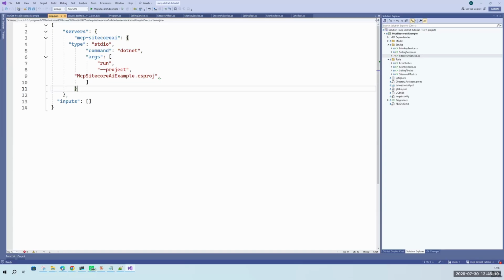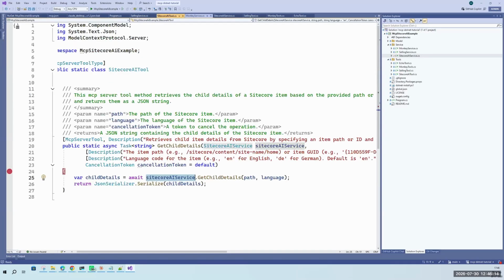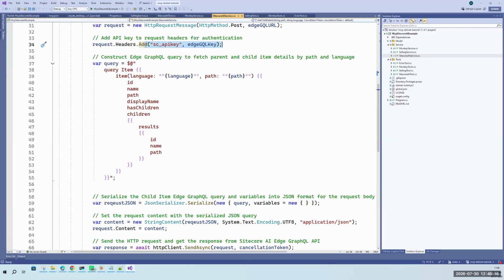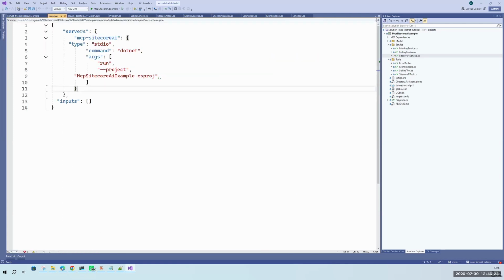So whenever you are creating any custom MCP tool, you can access the API key and the API endpoints from the environment file, which needs to be defined in your mcp.json file. That way it is secure enough.